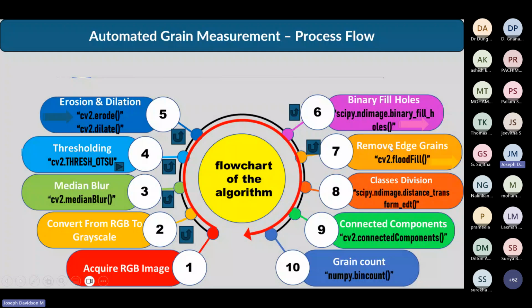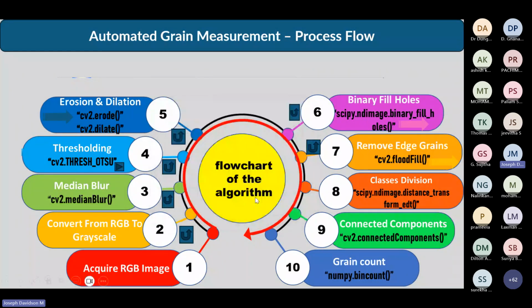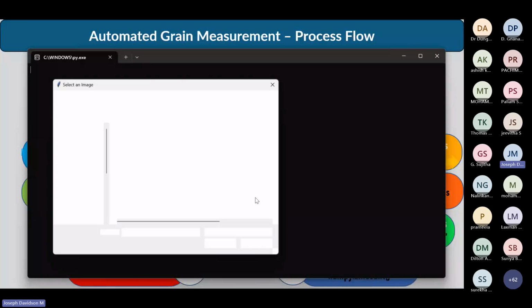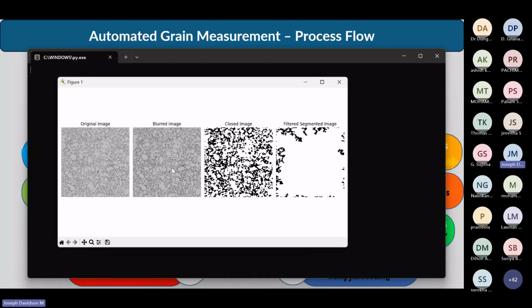Then edge removal, this is also very important. As I told you, we have a lot of algorithms to find out the edges. Let me take my pixel and my figure. As I told you, the leftmost is the original image, and this one is a blurred image. These two figures are not exactly giving you the proper figure, correct? That's what I was telling.